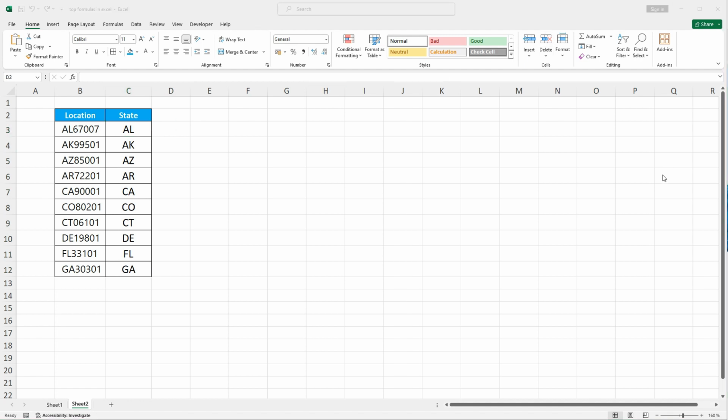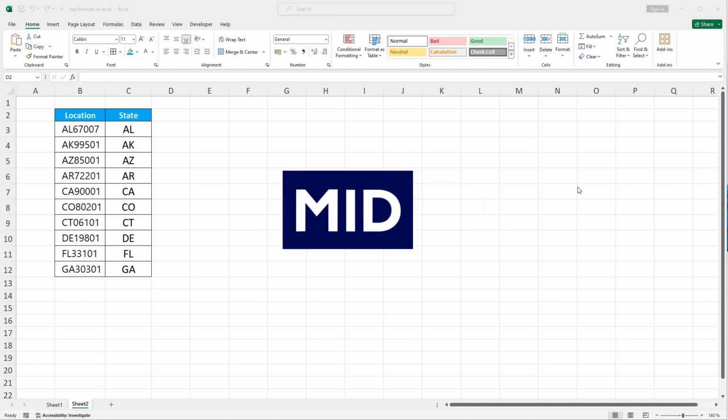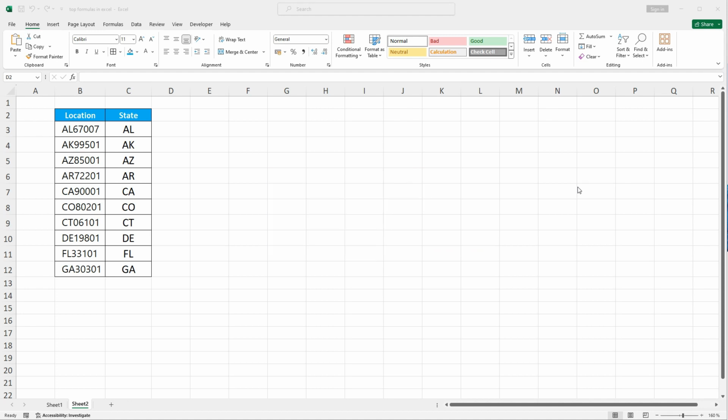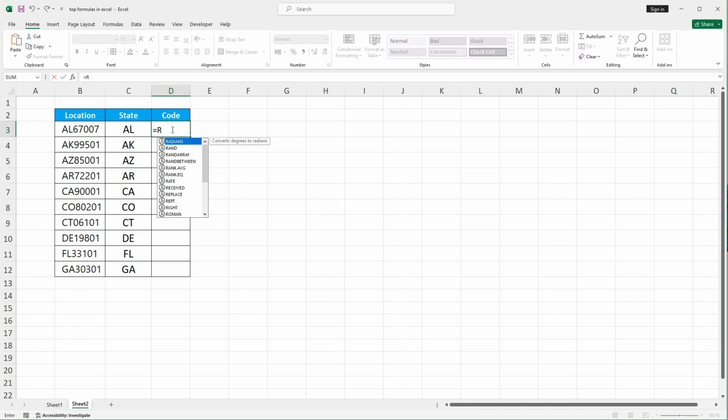Continuing with our lecture, let's explore 2 more essential Excel functions, right and mid. The right function in Excel is similar to the left function, but it extracts a specified number of characters from the end, the rightmost side, of a text string. The right function has such syntax. So let's add here an extra column, and we will try to extract the numbers from our location. For this, we will use the right function. We will type here right,